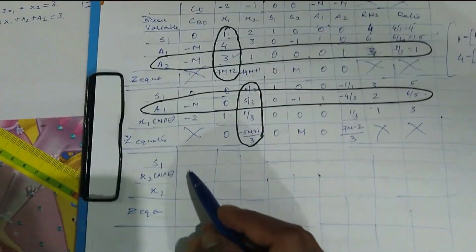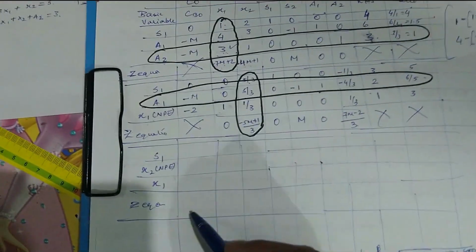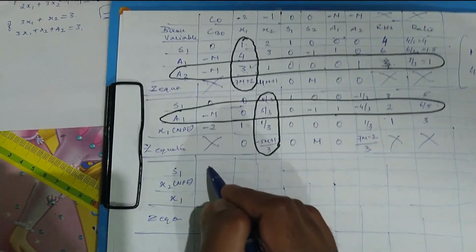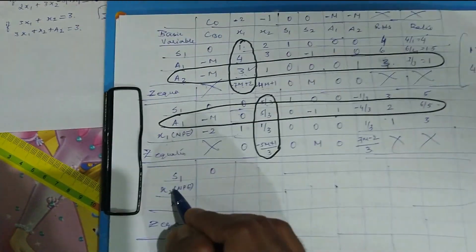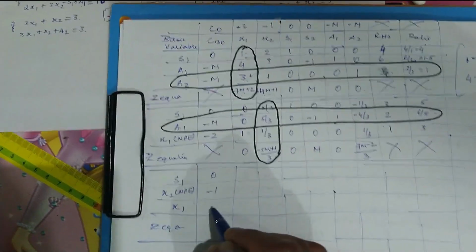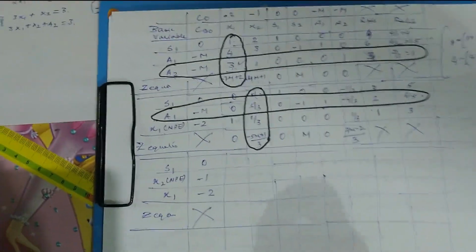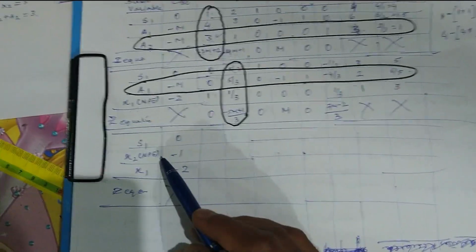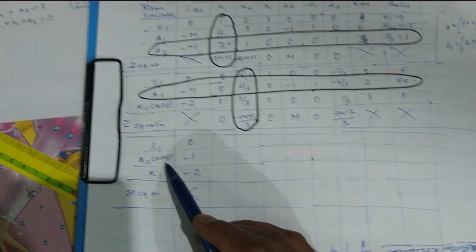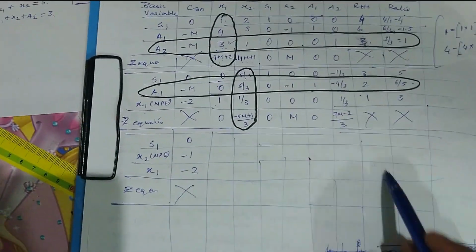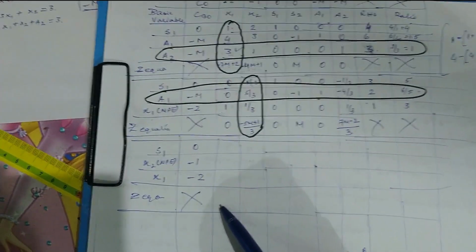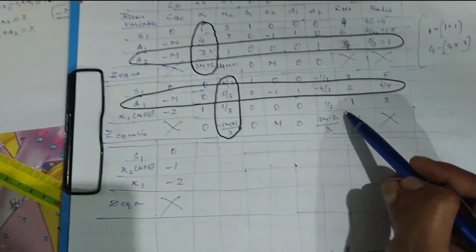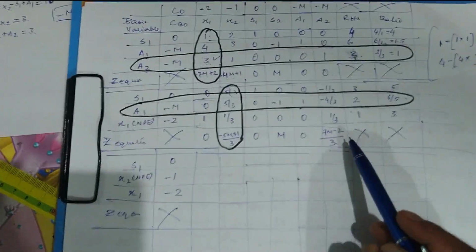Okay, so to start filling up the table, again we start with the coefficient of these variables in the objective function. So the coefficient of s1 in the objective function is 0, x2 is -1, and x1 is -2. Again, of all the cells that need to be filled up here, we are supposed to first fill the new pivot elements. The new pivot element for this third table is supposed to be filled. All the elements of this third table are to be filled by looking into the values available in the just completed table.